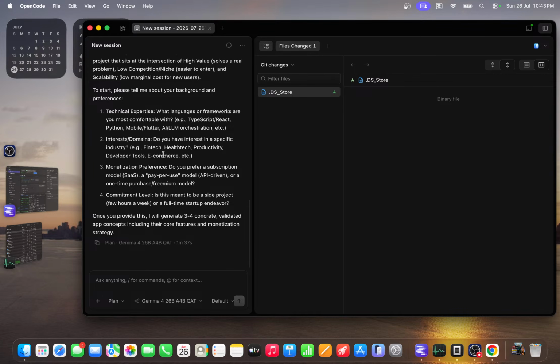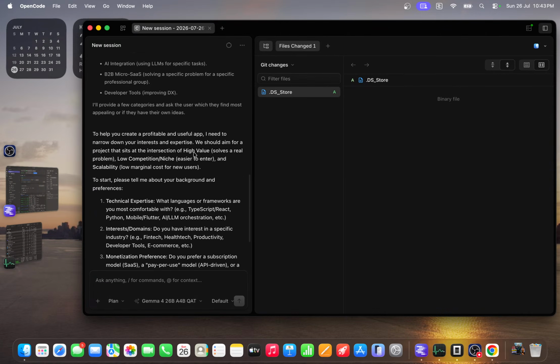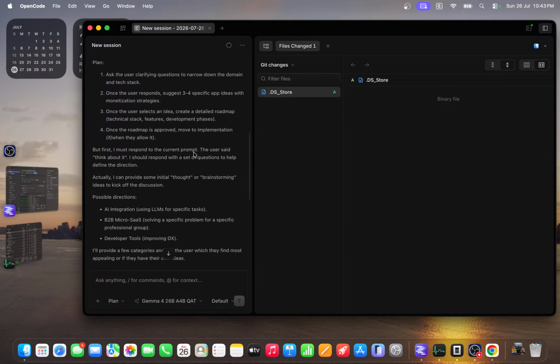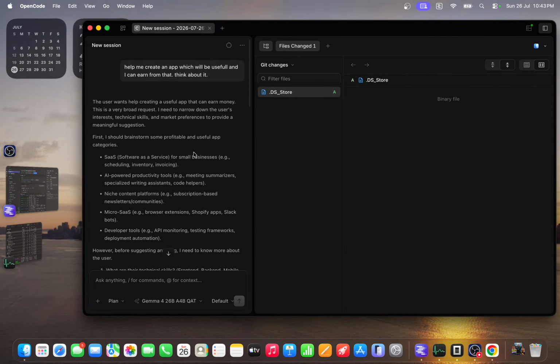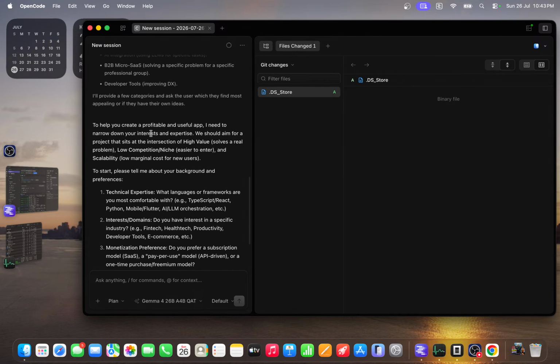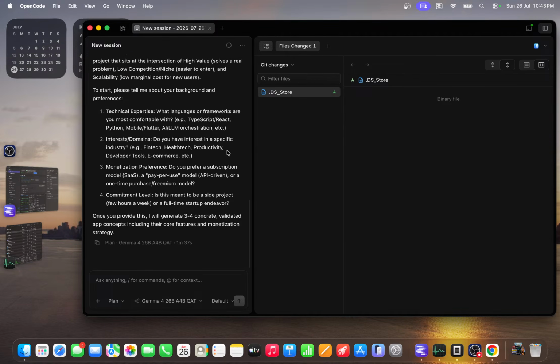Think about it. Okay, do you give a subscription model, paid users, and so on. What language framework are you comfortable with? So it actually asks me so many questions. It will probably be useful. Your technical expertise, what language framework, interest, do you have any specific interest in the content? Developer tool, e-commerce, et cetera. Okay, so let's